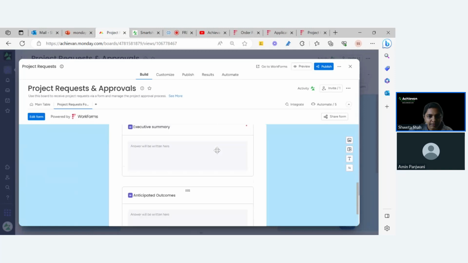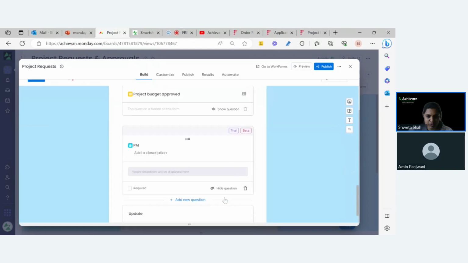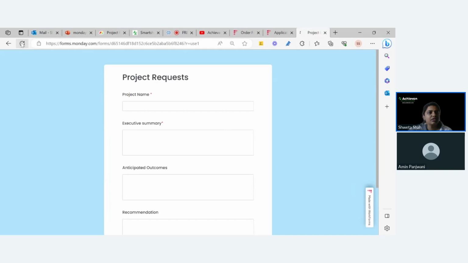So as soon as I enabled it, yes, I am agreeing to use this form internally. And of course, because this was hidden, that is why it's not showing me, but I have to also enable the show question. Okay, now if I refresh this,